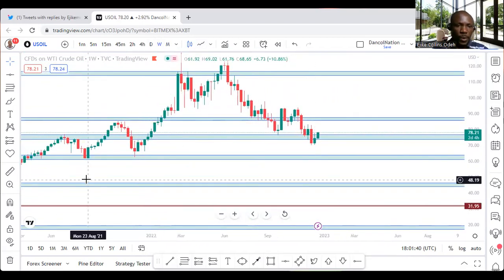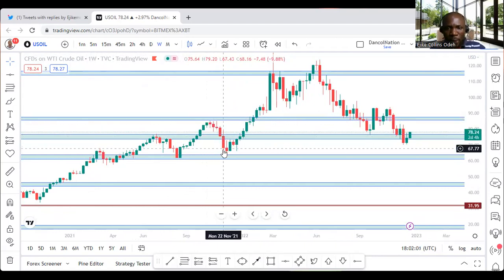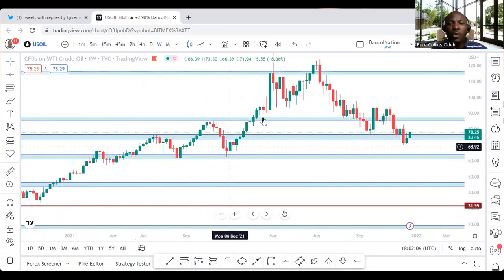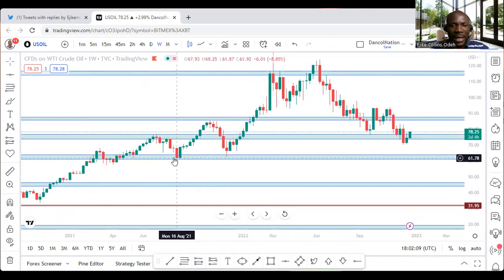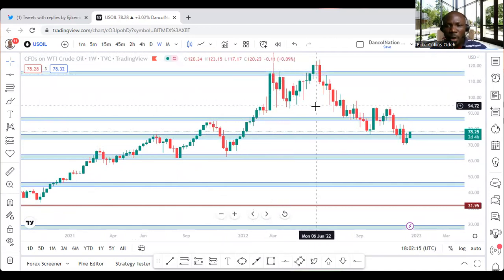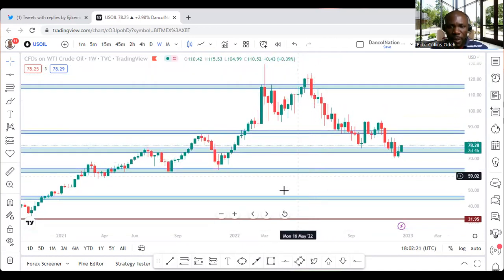Now, if you look here, you can see that this market was going up in a very, very clear bullish momentum. It got here, retraced, got here, and continued going up again, then came down again. Then it was this double bottom here that took this market up again. As this double bottom took the market up, it went and stopped here, came back and went again. As soon as it got here,